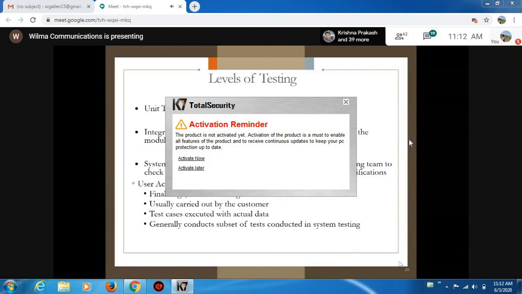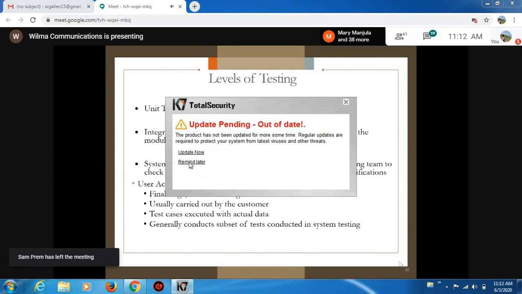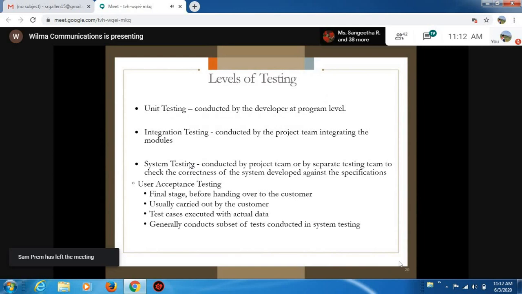System testing is used to check the end-to-end functionality and the end-to-end business concept, where all the components and interfaces are connected and we validate the whole system together.